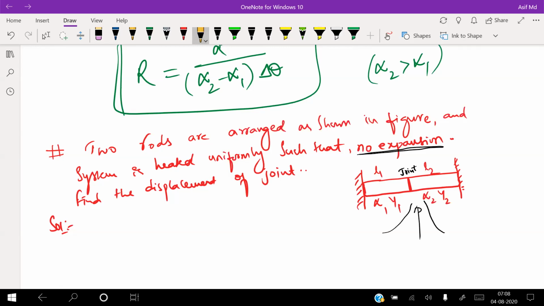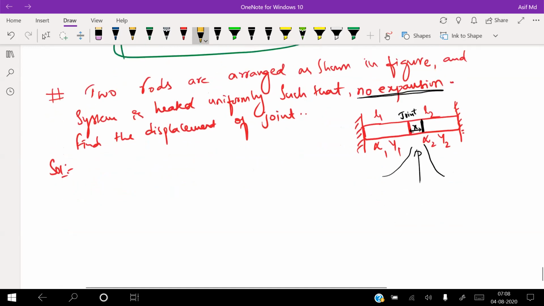Yes, sir. Now, this joint was at the center. When you heat it, the joint might have come here. So what is that displacement? This might have been displaced by some x. If there was the same expansion in both rods, then there might have been bending of the rod. But now there is no bending of the rod, which means one is expanding, another is contracting. Have you got that point? So that means it has the same stress. It has the same stress, but because of the material, there is a change.